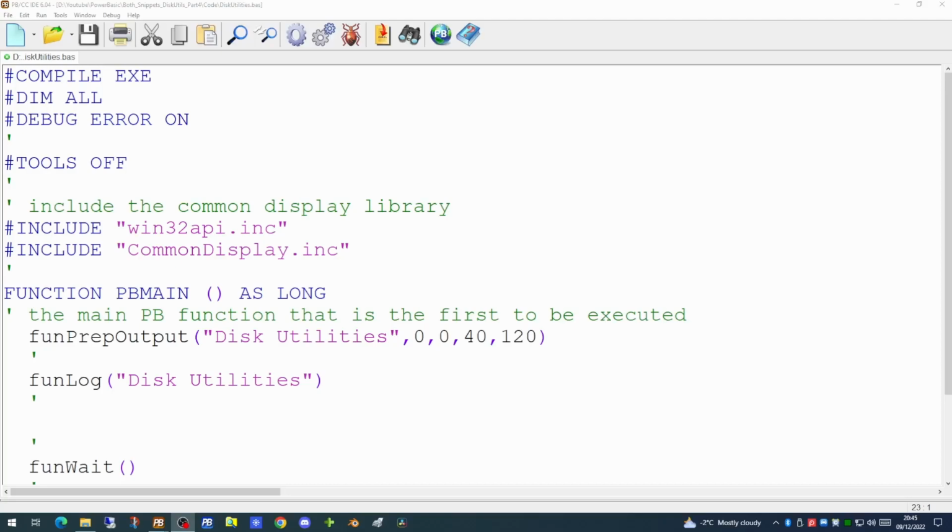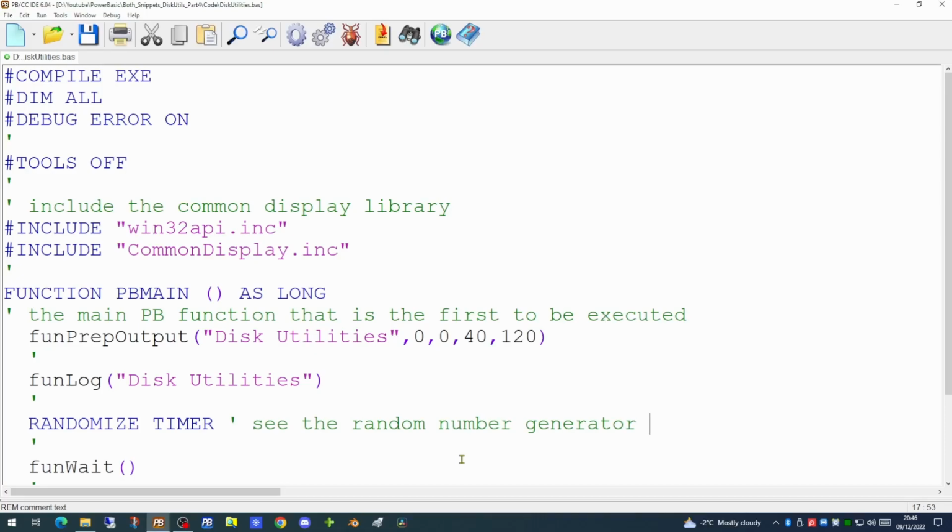We'll create a generic routine that can be used to create a file and populate it with some random data. Since we're going to be using random data, the first thing we need to do is to seed the random number generator. We can do this by using the randomize command, which takes a single parameter, which is the seed for the random number generator. If we use the timer, every time we run the application, we should get a different set of random numbers.